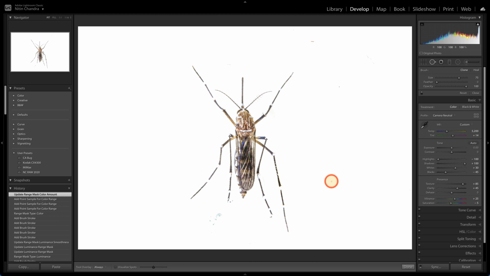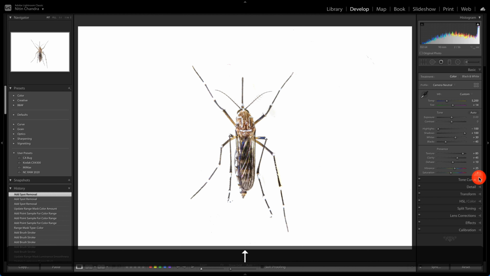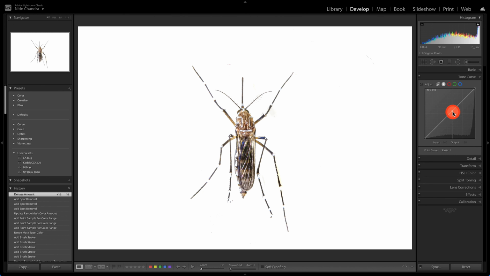Now we go into the quick heal tool and just remove these spots. I'm using a clone here because we already know it is white, so healing is not really required. Cloning works just as well. So we are done here. We can go back into the basics panel and make some more adjustments. The tone curve, maybe pull it down a bit more. In the midtones, so we have